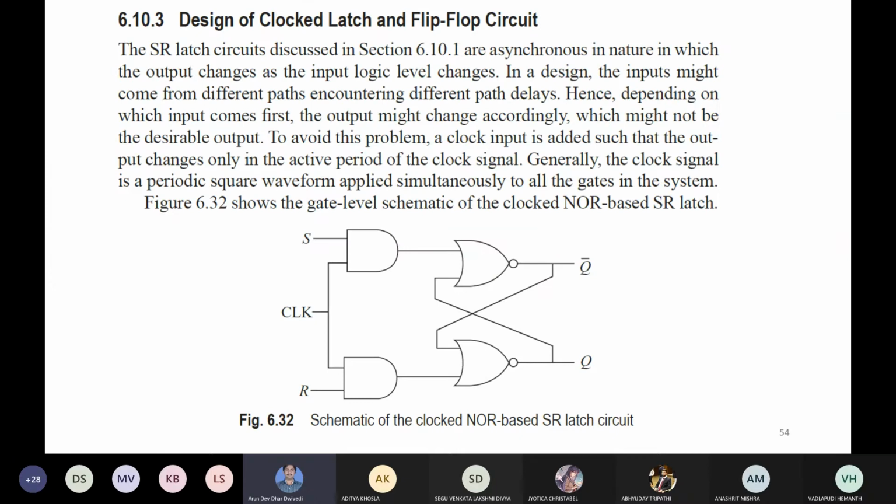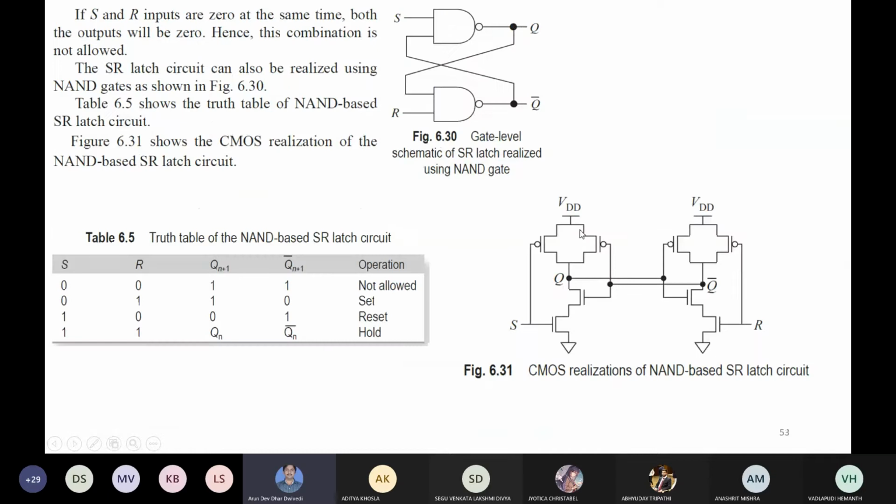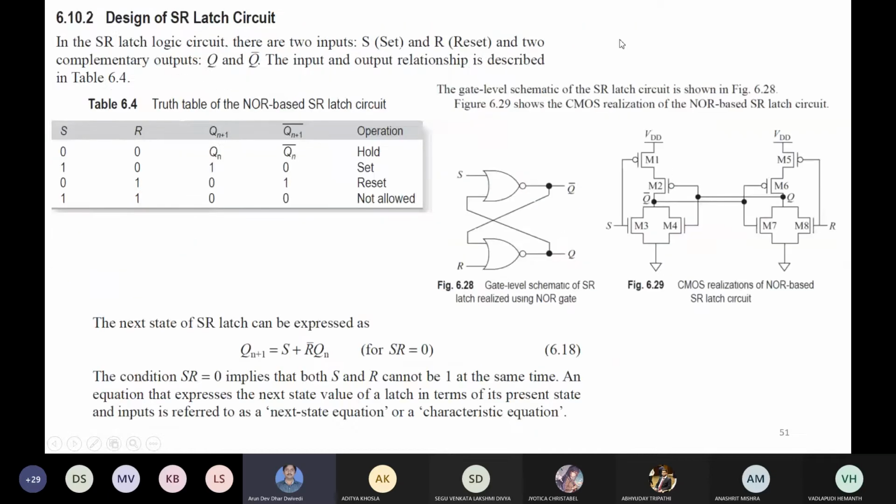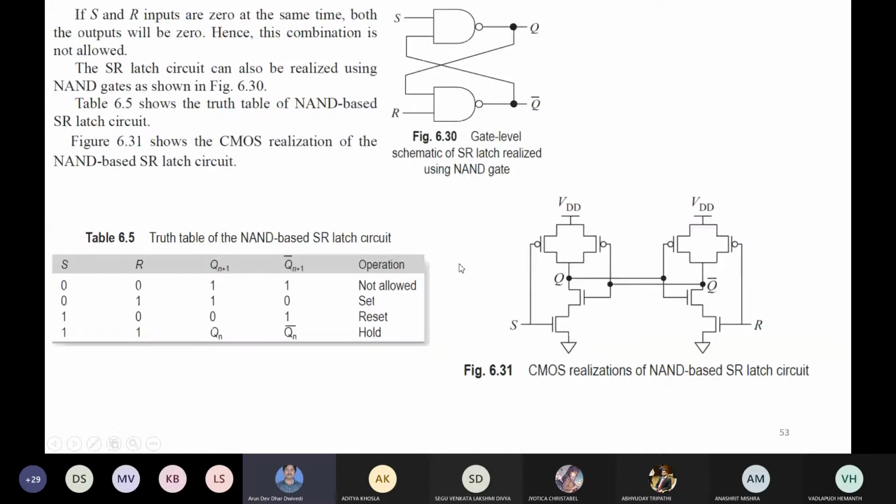Further we can go to some more complexity, like designing a clocked latch. So, the clocked SR latch. Similarly, the clocked SR latch is based on the NOR gate, but it is also possible to make a clocked SR latch based on the NAND gate. I will just explain one example. This SR latch which we have seen is modified: at the input a clock is also given, and the clock is ANDed with S, and also the clock is ANDed with R. Therefore an AND gate is also taken.